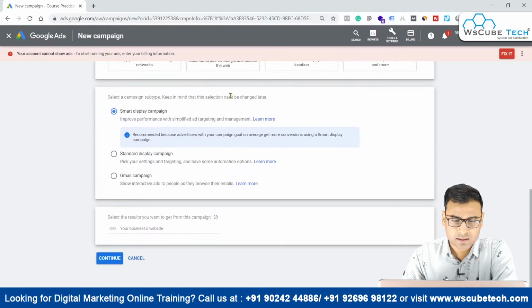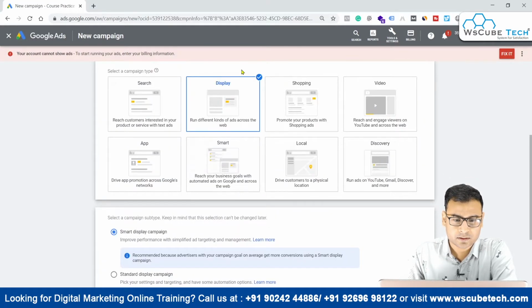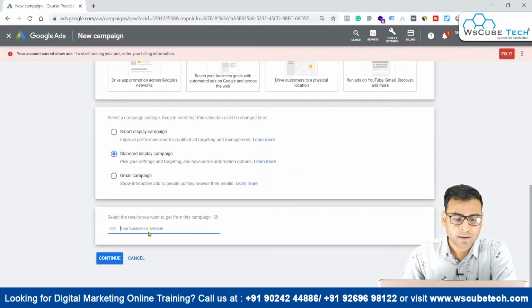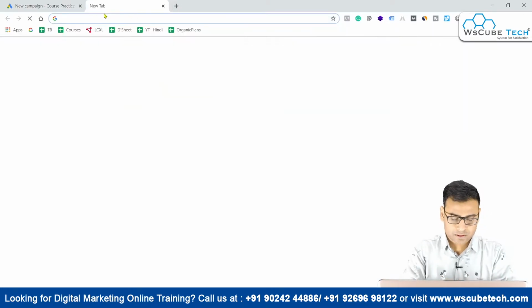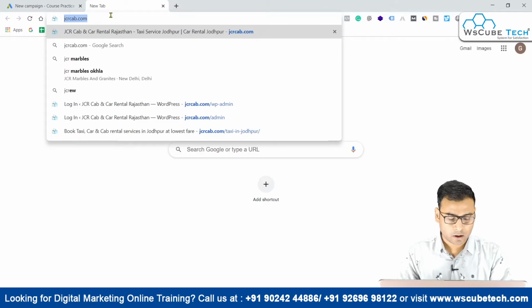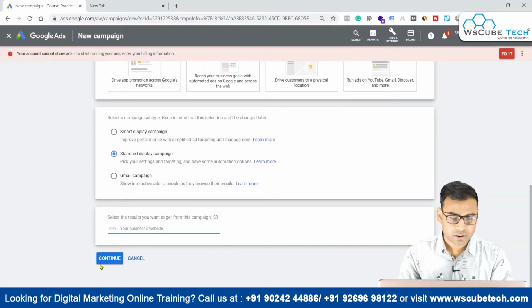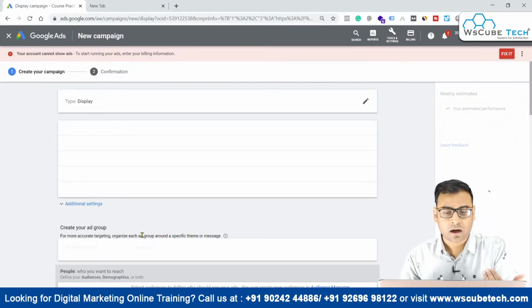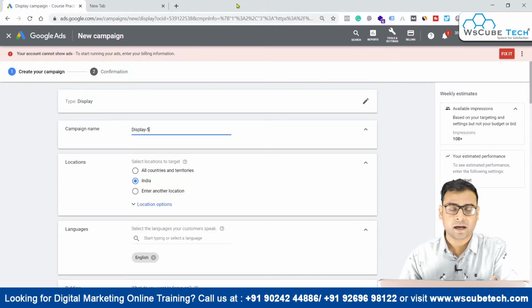First of all, let's click on display campaign and do this walkthrough once again. Let's come to this standard display campaign and put in our website. Once we put our website in, it gives us some suggestions, right? Based on the website, it gives suggestions about keywords and helps in scanning the images from the website.